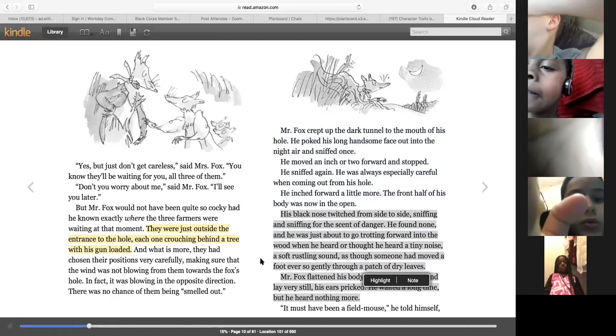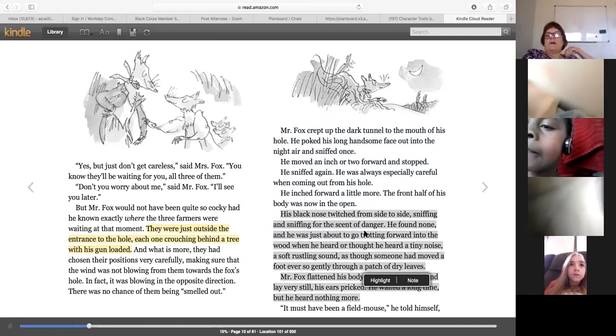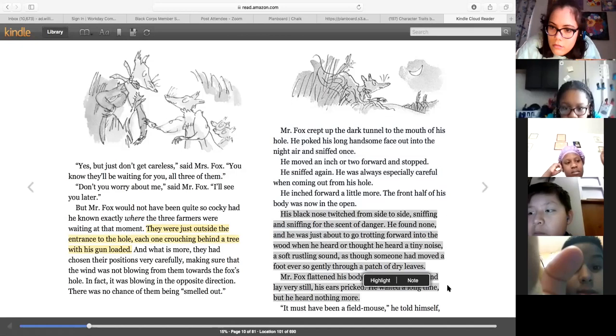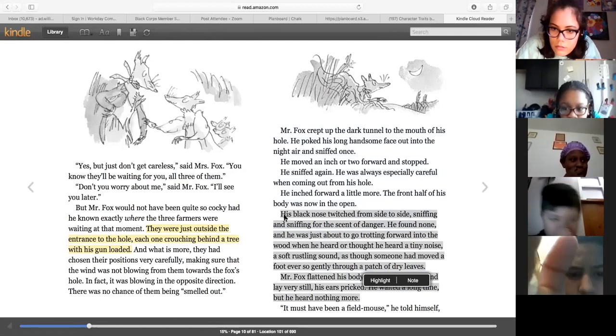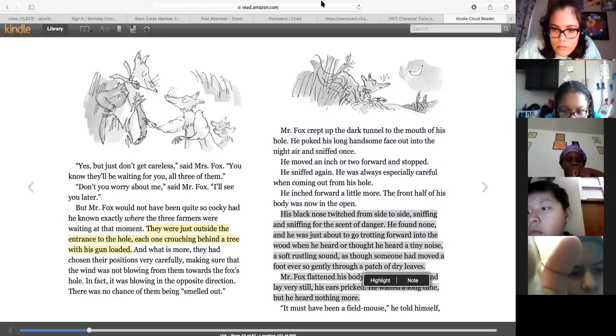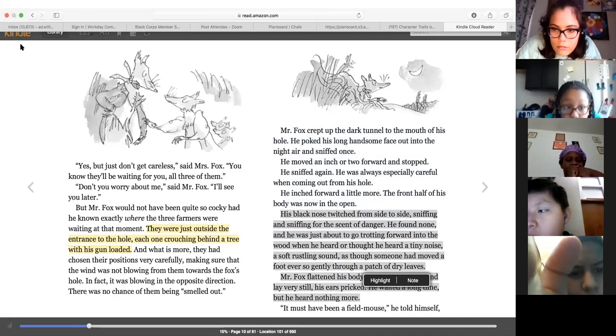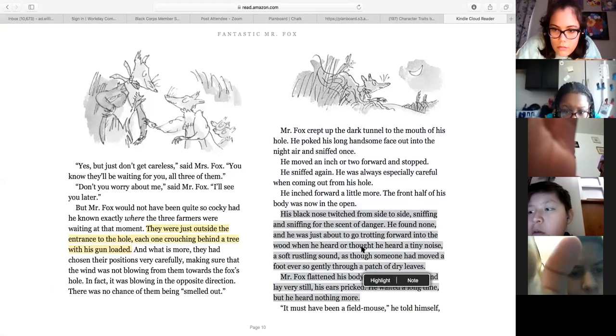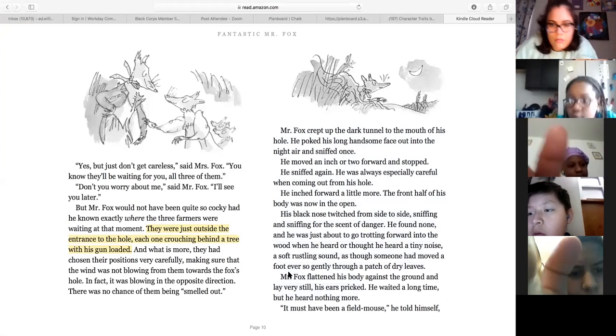His black nose twitched from side to side, sniffing and sniffing for a scent of danger. He heard a noise, as though someone had moved ever so gently through a patch of dry leaves. Mr. Fox flattened